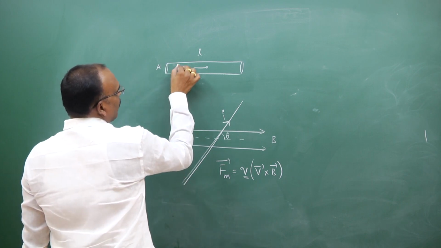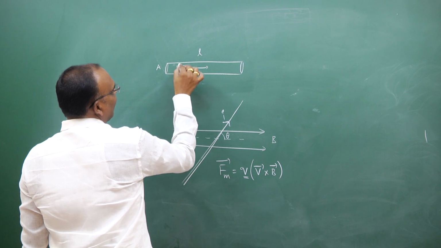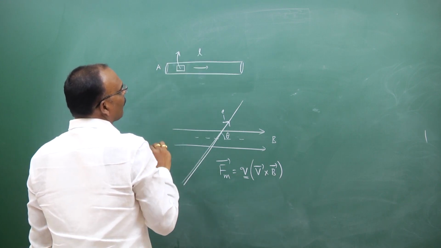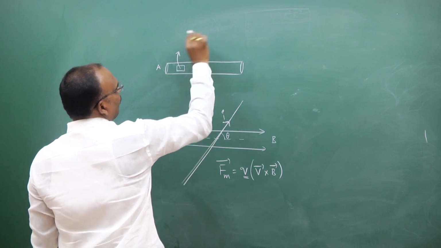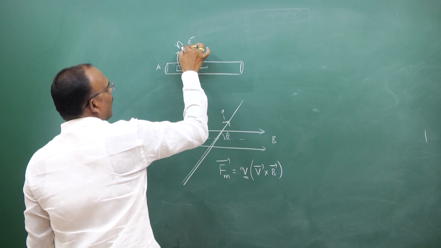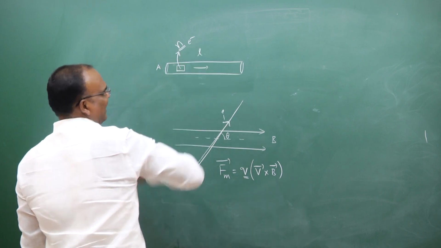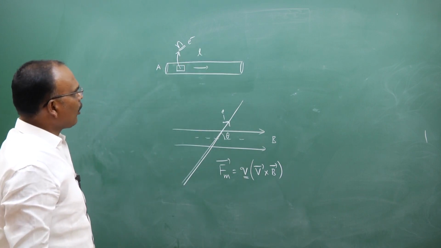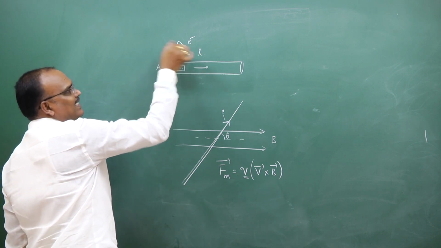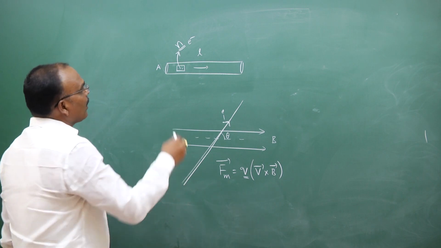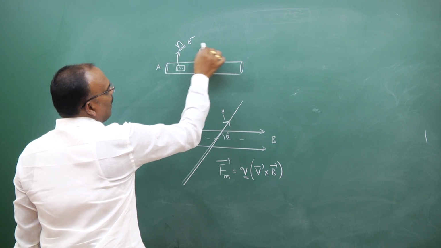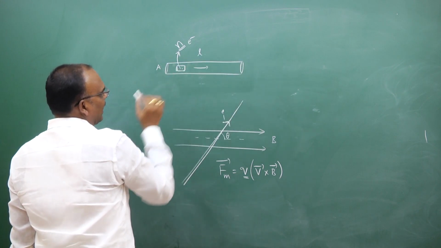We are going to take one small unit volume inside. In this unit volume we have a number of free electrons. The number of free electrons is represented with the letter n. This small n is the number density. The number of free electrons present in a unit volume is called number density. If n free electrons are there in this volume, then the number of free electrons in the conductor,